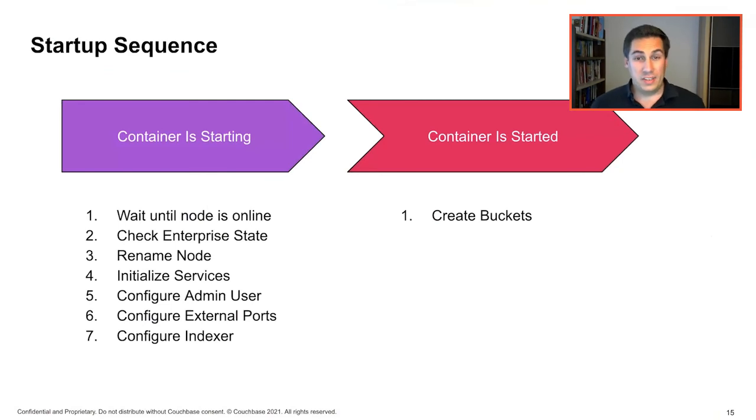So when the container starts, there are a couple of things we need to do internally to get the environment up and running. The first thing we need to make sure is that the node is actually online. So maybe you know that Couchbase provides a REST API as part of its 8091 port, which can be used to get all kinds of advanced information and functionality. And we are using that so that we wait until the service basically starts, right? So you can imagine typing start service on your shell, and then the server boots. And then once it's ready to accept any kinds of requests,